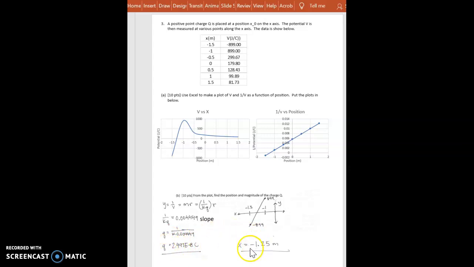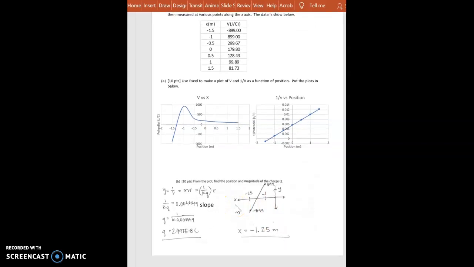And then I figured out what this distance, what the x position would be with relation to that, based off the symmetrical numbers here. I know it's halfway in between the two. So then on the next page,